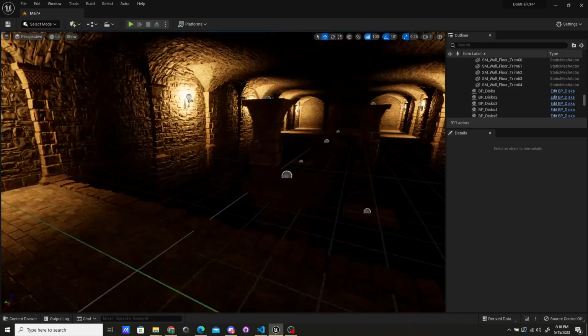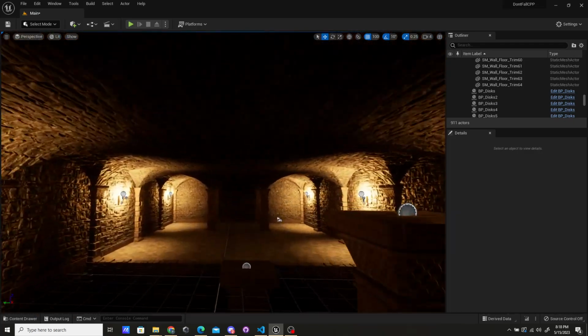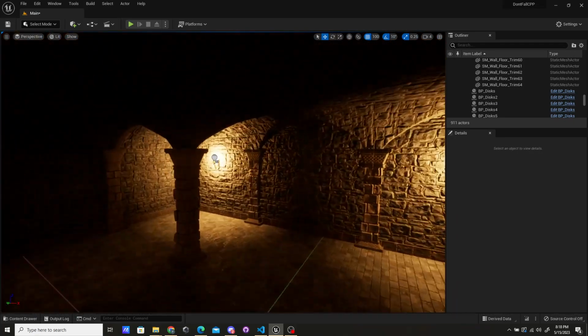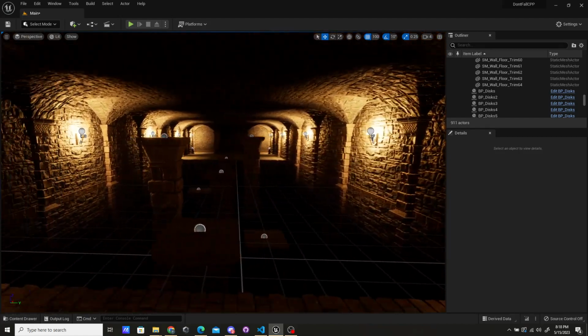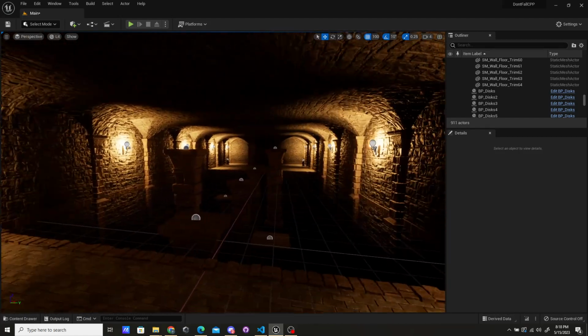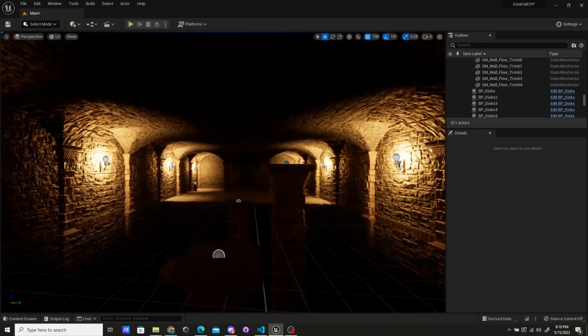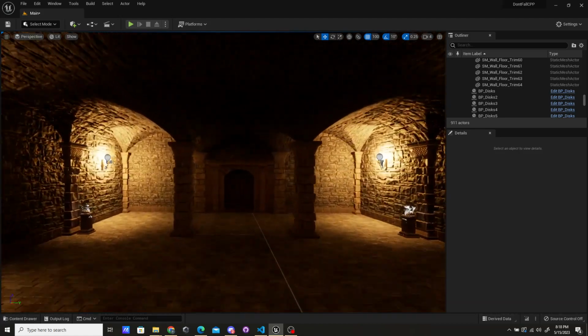Let's continue on the DontFall project. So I've been busy with the graduation and finals of the capstone, but today I added a switch and door